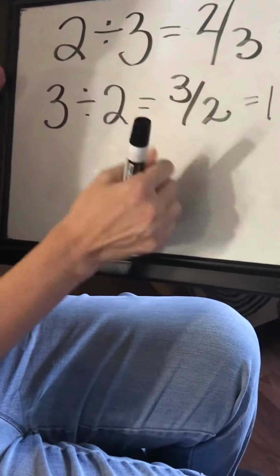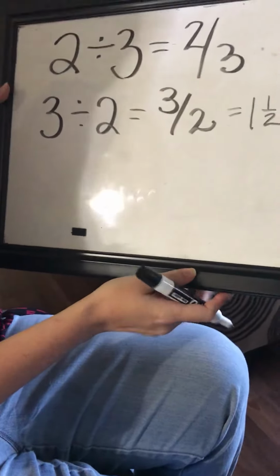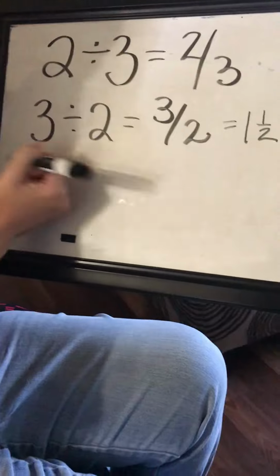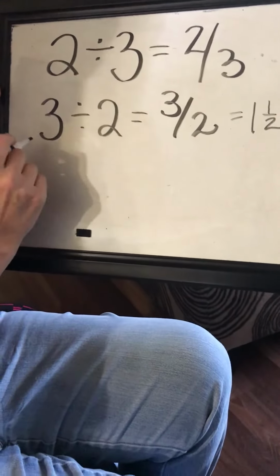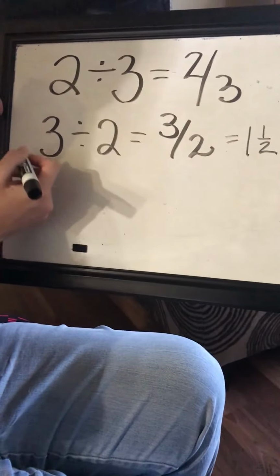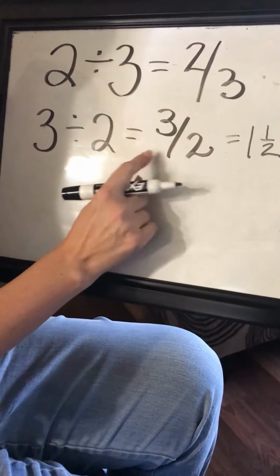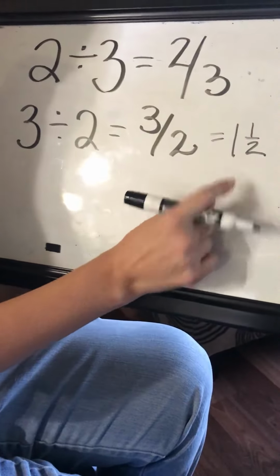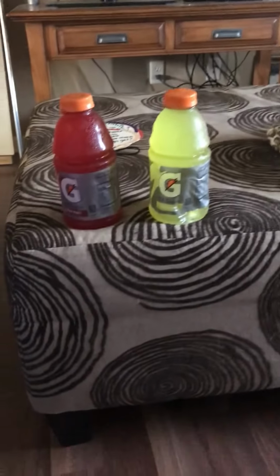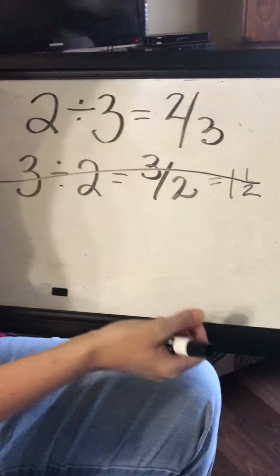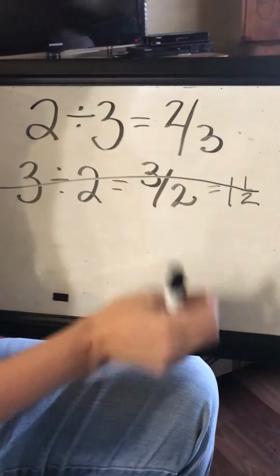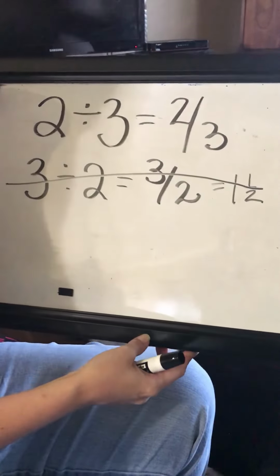Since our numerator is larger than the denominator, we know that they would get more than 1 if we wrote the equation like this. So if you're confused, think about if your equation makes sense. And in this case, each player getting 3 halves or 1 1/2 whenever we only have 2 quarts of Gatorade doesn't make sense. So we know that we've got to have 2 quarts of Gatorade divided by the 3 players. So they're going to get less than a quart of Gatorade.